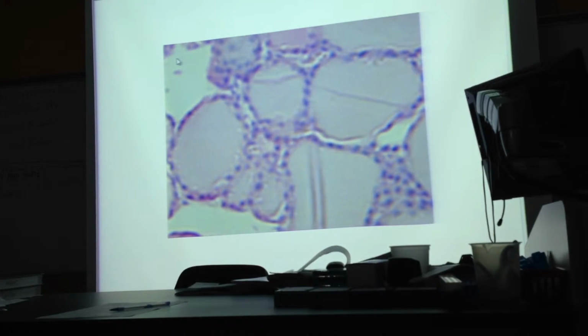If they produce too much, then you've got a problem, because what this does is speed up your basal metabolic rate. You burn calories very quickly. You lose weight. That sounds good, but what's not good is it can speed up your heart, actually put you in tachycardia, which can be very dangerous. Also, you have trouble thermoregulating because you're burning calories so fast, your metabolism is so high, you're hot all the time. And then you've got three options. You can take a thyroid hormone antagonist to reduce production of T3 and T4, or you can have the thyroid surgically removed,